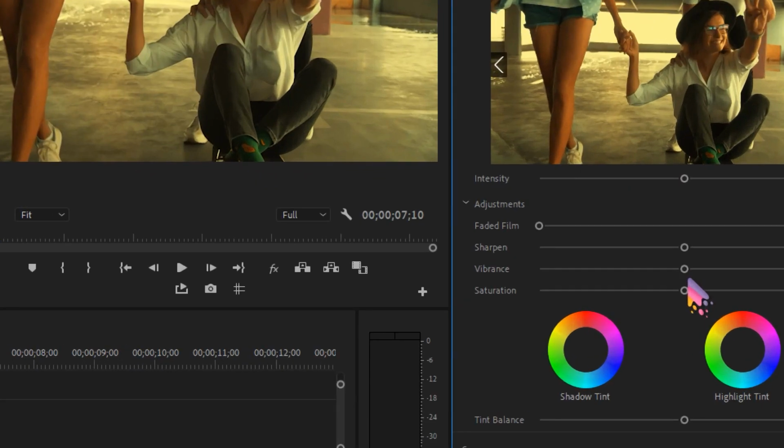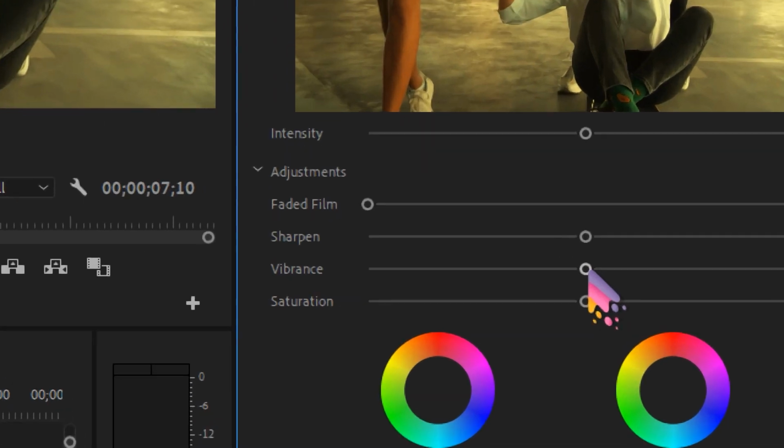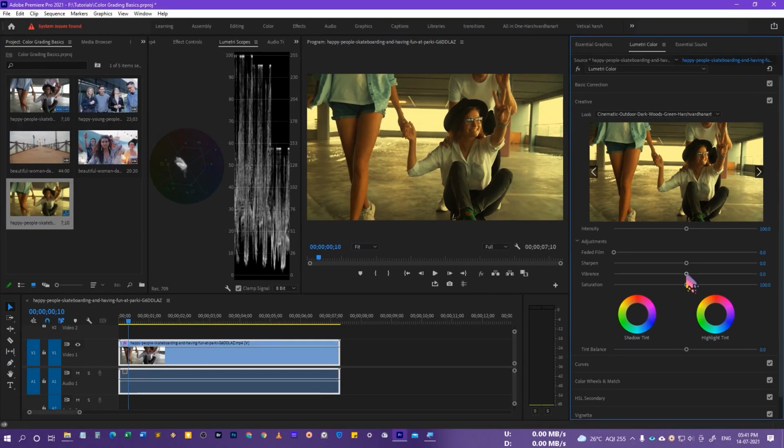And then we have the option of vibrance. So vibrance is basically going to affect the saturation of the image. The difference between vibrance and saturation is that vibrance affects the cooler tones in the image, whereas saturation affects the overall tone.